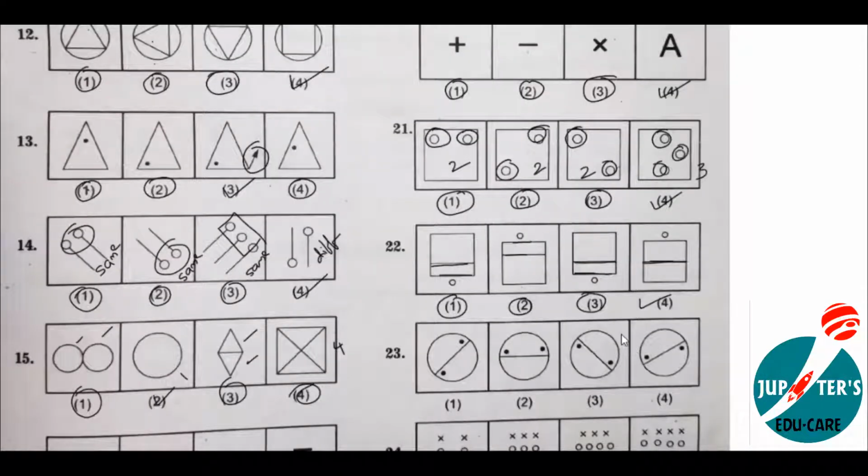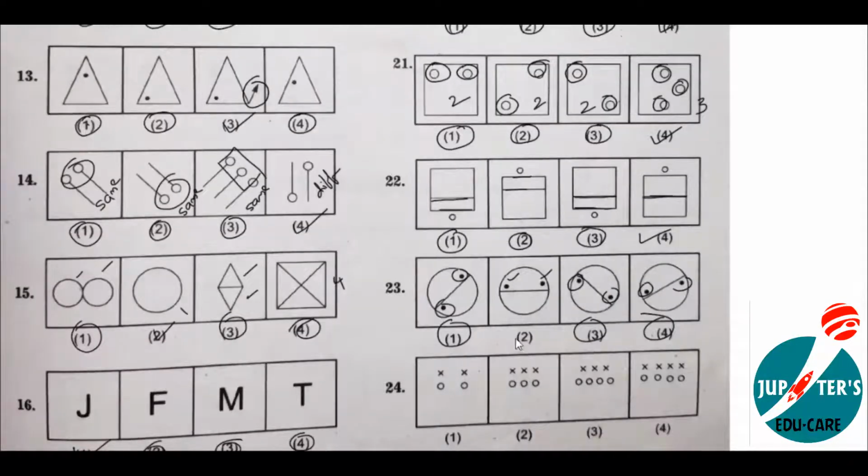Next, question number 23. In option 1, these two shaded small dots are on opposite sides, meaning one dot is on this side and another dot is on this side. In between these two dots, we have one line. In option 2, we have two small shaded dots on one side only. In option 3, two shaded dots, one side each other. And in option 4 also, we have two shaded dots, one side each other. So, option 1, option 3, option 4 are similar, but option 2 is different. So, option 2 is our answer.